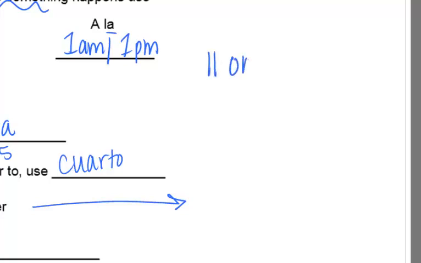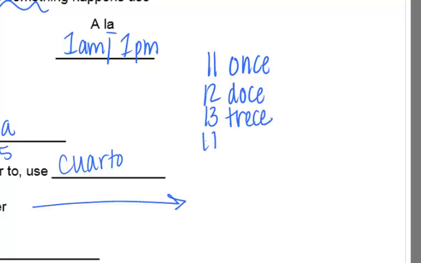And this poses a little bit of a pause for us because we have to go over some more information. The number 11 in Spanish is once, and even though you don't specifically have notes for this right here on page 21, go ahead and jot these down. 12 is doce, 13 is trece, 14, catorce. The number 15 in Spanish is something different, but right now we're just going to focus on cuarto for 15.